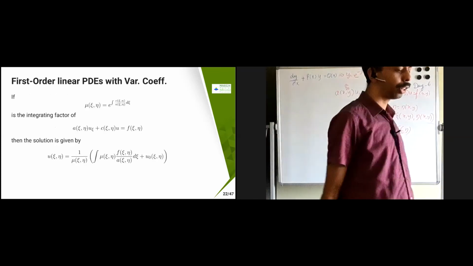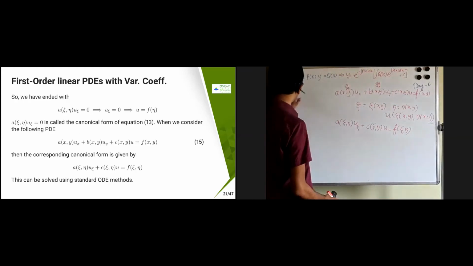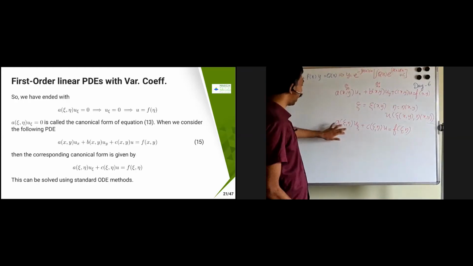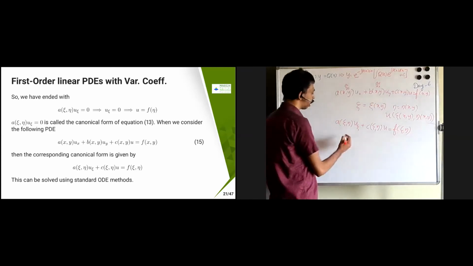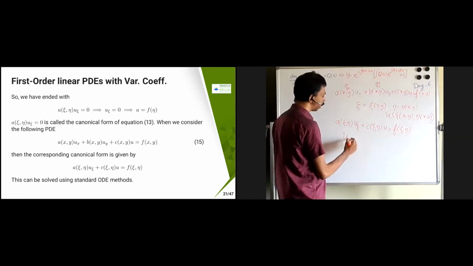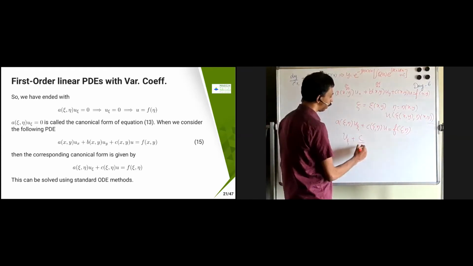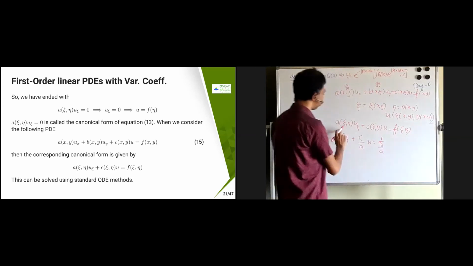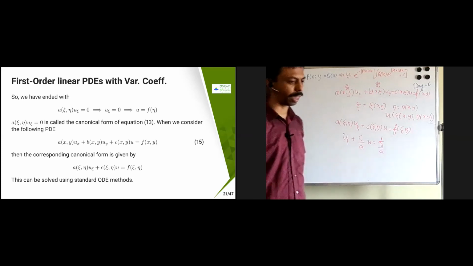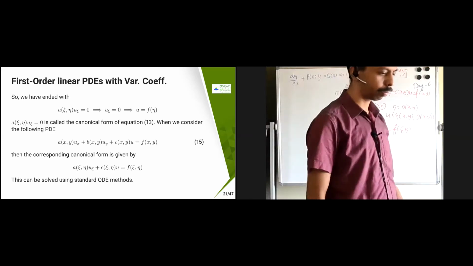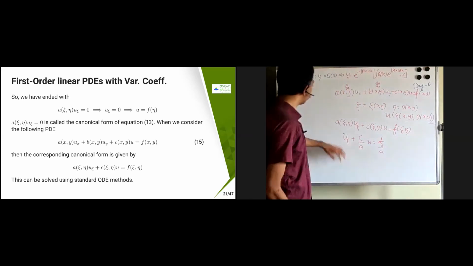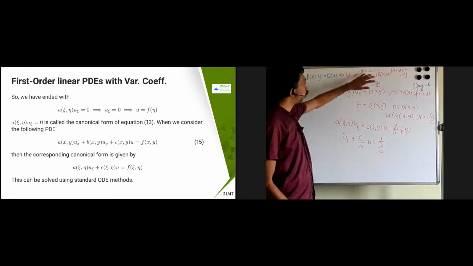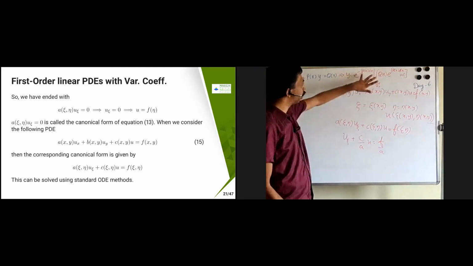Then once again, what do you need to do? Same kind of things. Here dy by dx is there, here a of chi comma eta is there. Therefore, I have to transform into the same form: u chi plus c by a u equal to f by a. Here a is not equal to 0, which we have assumed earlier. Yes, sir. So now this becomes the same way. Substitute whatever the values over here, then integrate.